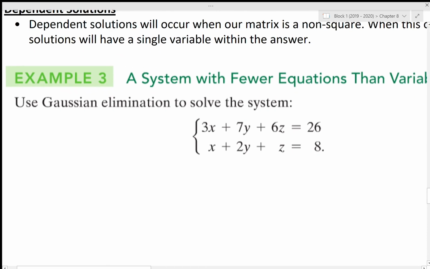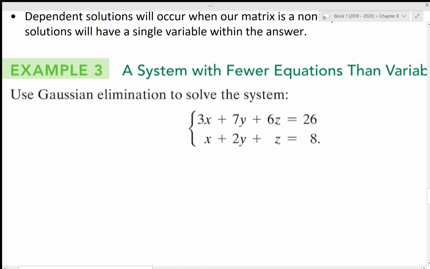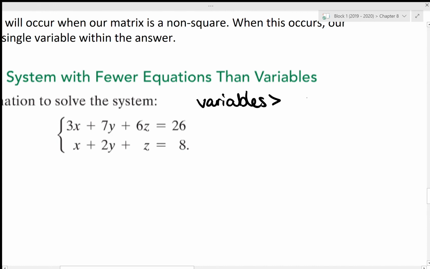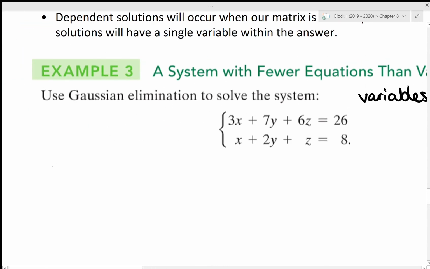I know we're used to seeing systems where, let's say I have x, y, and z, 3 variables. I usually have another equation down here. If I have 3 equations, I have 3 variables. If I have 4 equations, I have 4 variables. If we have more variables than equations, it's going to end up being just like the infinite solutions kind of thing. So our system here is going to be our matrix,